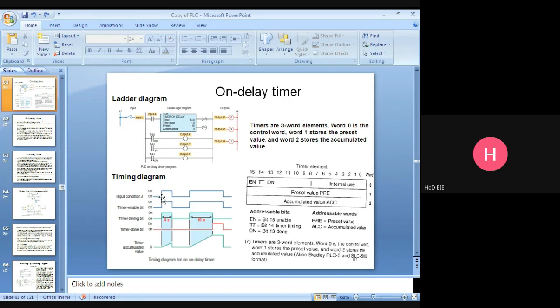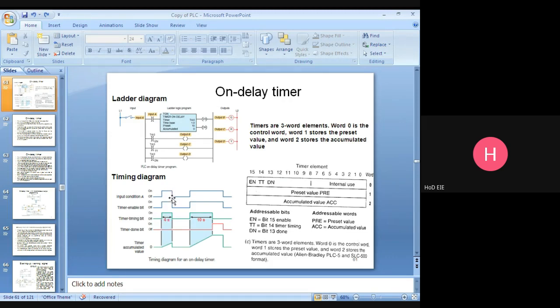Now, the input condition is 1 up to this point. This contact is closed. Immediately the enable bit will be on. Am I right? The enable bit is on. The timer timing bit starts timing, 1 second, 2 second, 3 second.